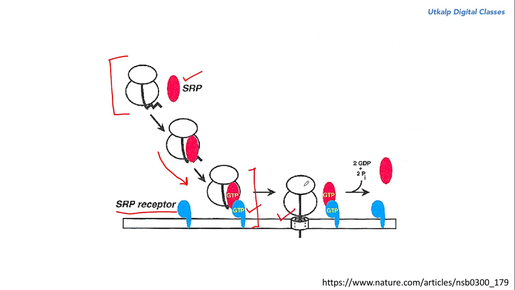As soon as the ribosome polypeptide complex comes and binds to the ER membrane, the GTP are hydrolyzed. So there is a release of 2 GDP molecules. As soon as the 2 GDP molecules are released, SRP is released for another set of reaction into the cytoplasm and the SRP receptor is rendered free. Now, how does the polypeptide from the ribosome enter the ER? Now let's study this process.